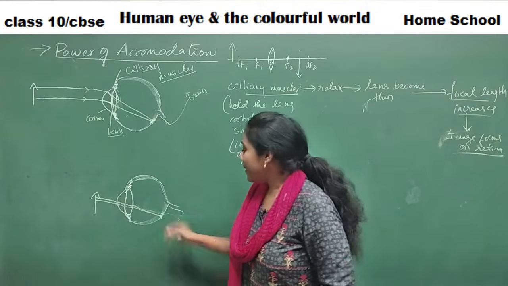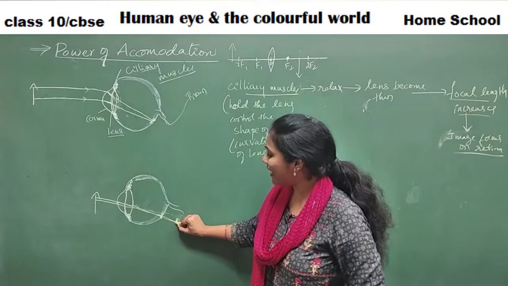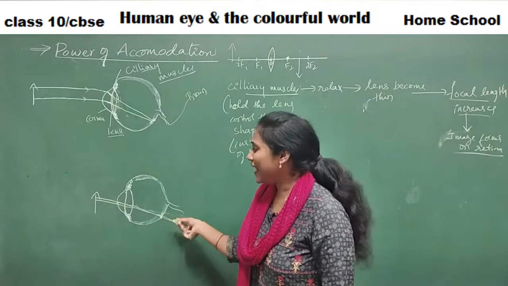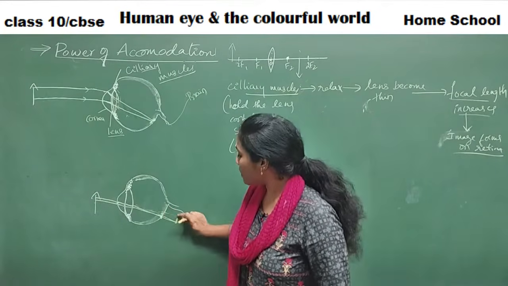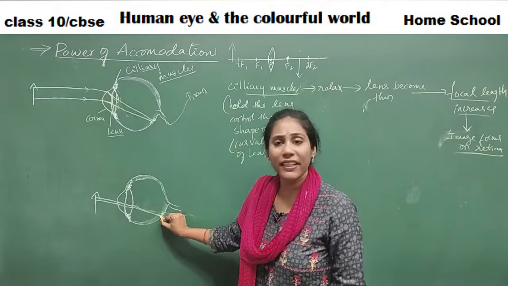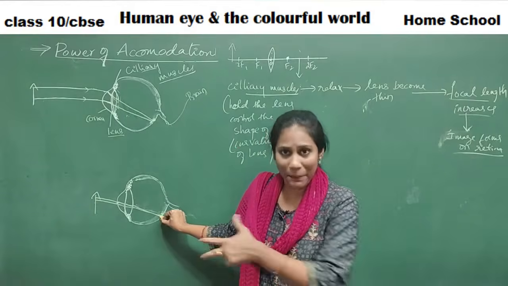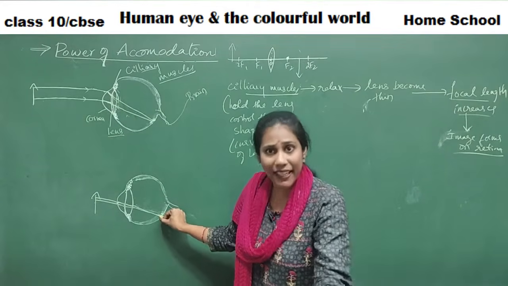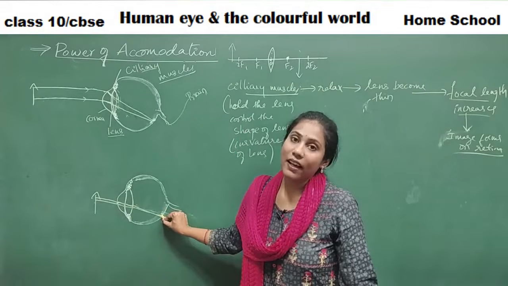Okay, if you can see here, previously they formed an image; they met here, in the sense that the focal length of the lens is quite long. If we can decrease the focal length, the focus point can move from here to the retina, right? So if the focus point moves to the retina, that means if you can decrease the focal length, what happens? You have a chance of meeting them on the retina.